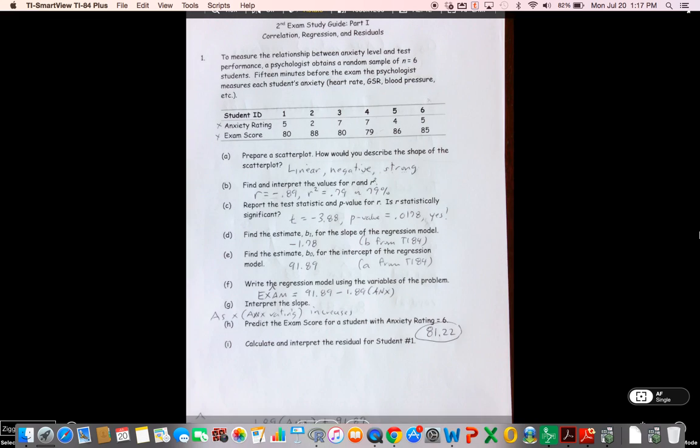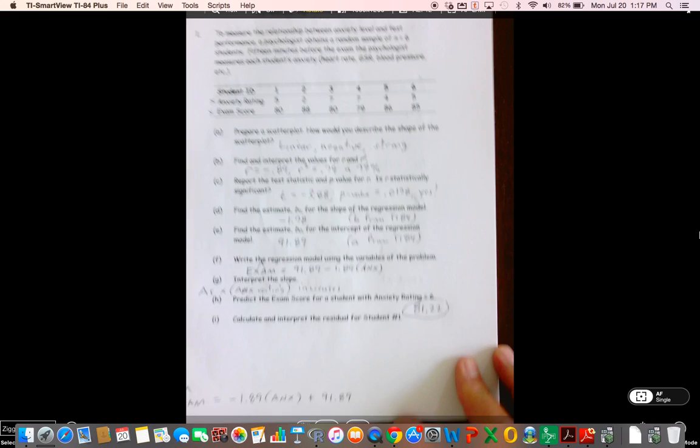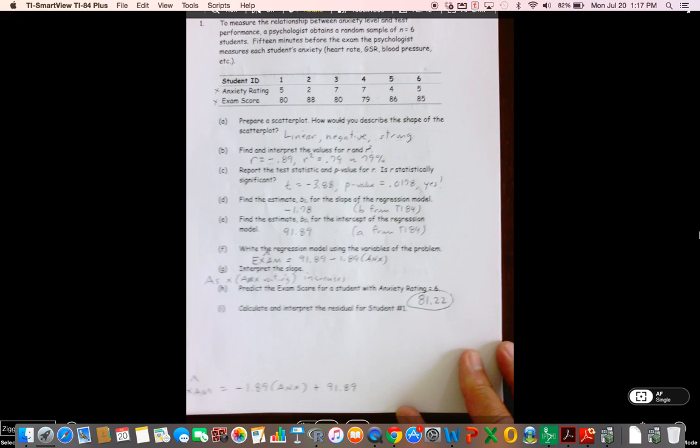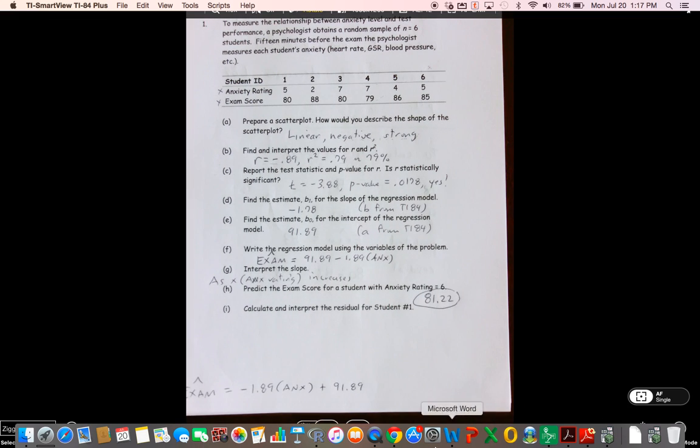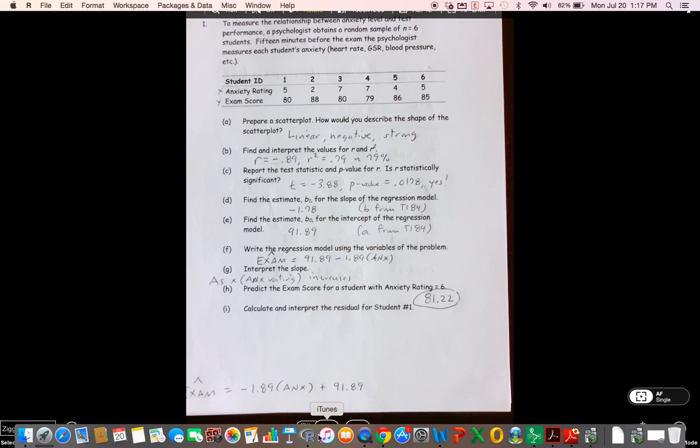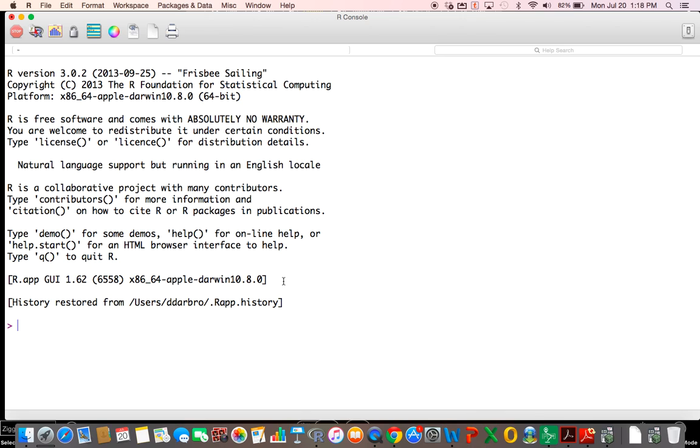All right, guys, we are done. Let's check this out and see how we do these problems on R. Turns out really cool, and it works really slick and really fast. As always, it's a little bit of a pain to type this into R, but I'm going to call the